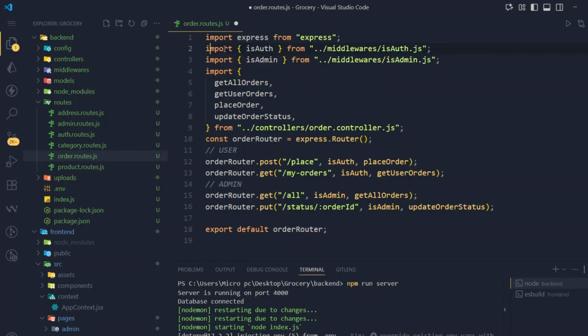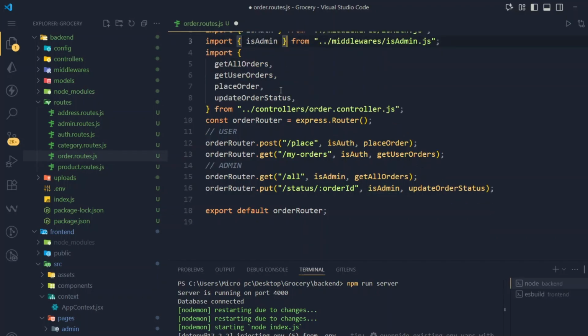Here we are just importing our auth middleware, then admin middleware, then these are the functions we have just created in our order controller. You can see here we have 4 functions. After this we have orderRouter, and you can see here orderRouter.post slash place. It means this route is to place the order, and only a logged in user can place an order. That's why we are using isAuth here, and here we have placeOrder, then orderRouter.get my-orders